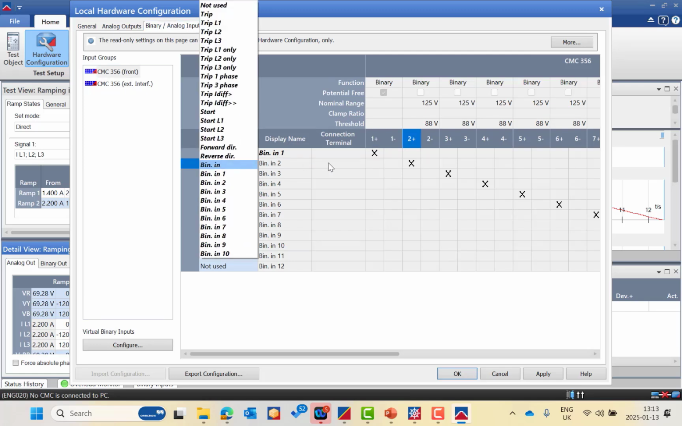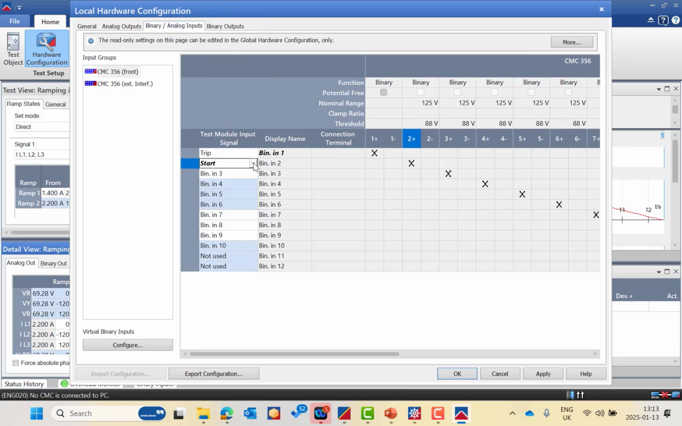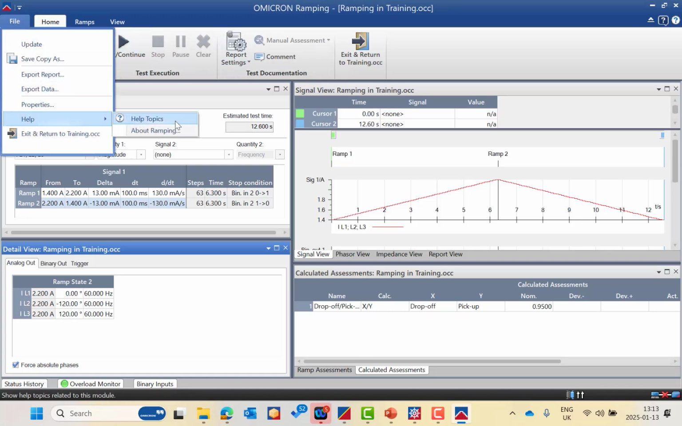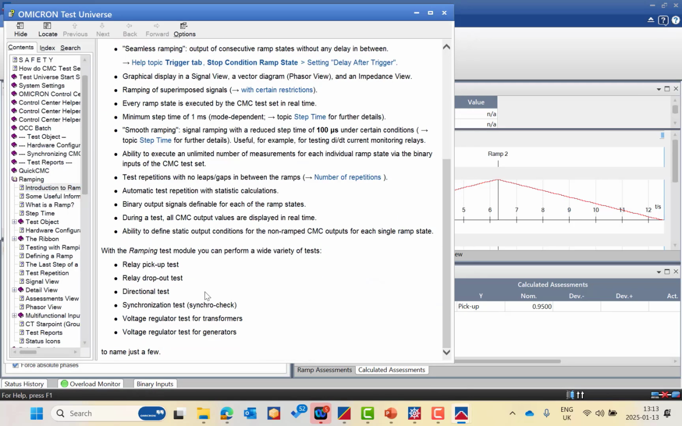Binary input 2, as you can see here, is start. And binary input 1 is the trip contact. Then I will click OK. And as you can see here, now I have the 3 analog outputs only for current. Okay. Then, yes, if you press the help button and go for the force absolute,